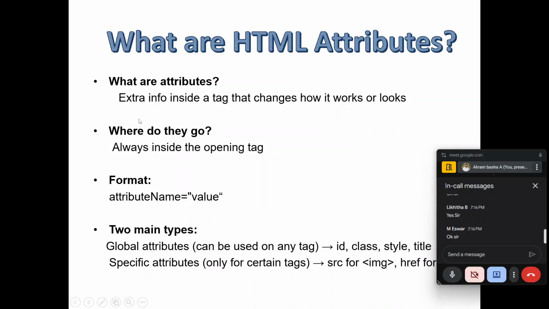where do they go? In the sense of where we should apply these attributes. The attribute should be placed inside the opening tag. For example, an image tag will start with img, and after that img you should place the attribute. For the format, the attribute should be the attribute name and then the value for the particular attribute. For example,